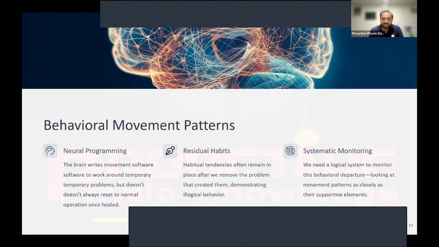It is very crucial that we monitor this behavior pattern closely, looking at the movement itself as well as the supporting elements that drive the proper pattern. And by understanding the neural programming behind our movement, we can better identify and address this persistent movement pattern and help